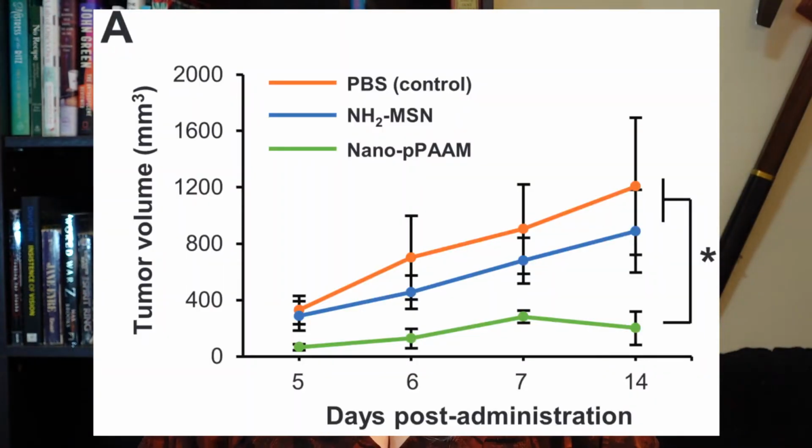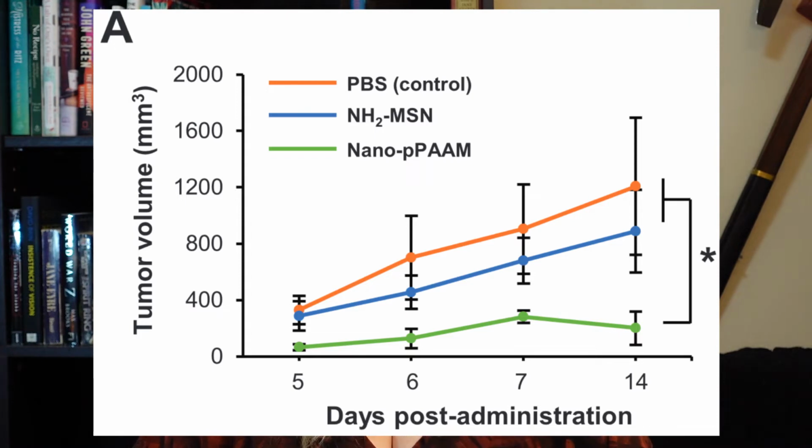Okay, so they've already done a whole bunch of experiments at this point: figuring out which amino acid would be best, sizing the nanoparticle, making sure that the ROS got induced, figuring out the mechanism, and now trying it on a 3D tumor. They've basically exhausted what you can do outside of a body, so now they won't waste any mice on things that definitely won't work. So they did the main test. They grafted tumor cells onto the flanks of 15 mice and then treated them. 5 got PBS, 5 got the naked amine particle, and 5 got the PPAM. PBS, the red line, is basically the placebo.